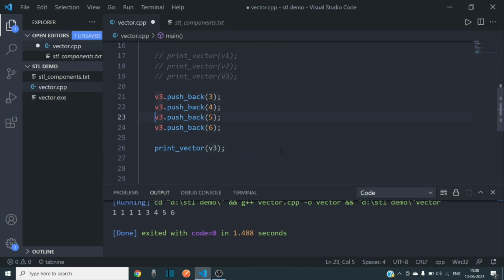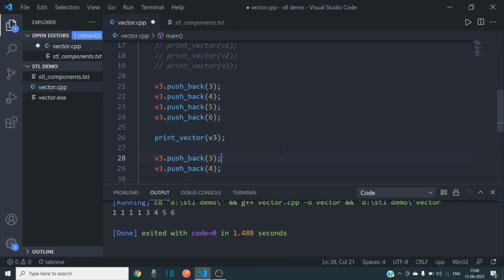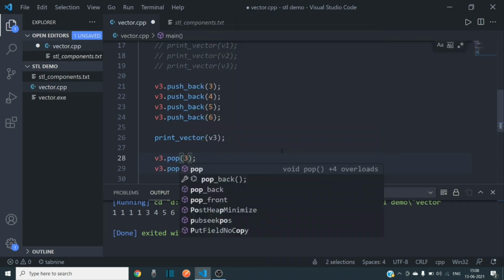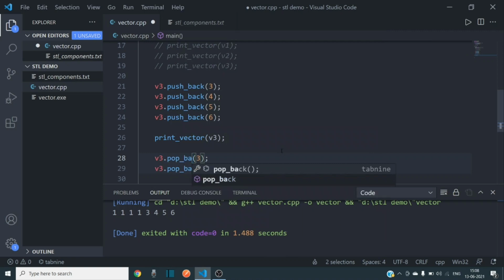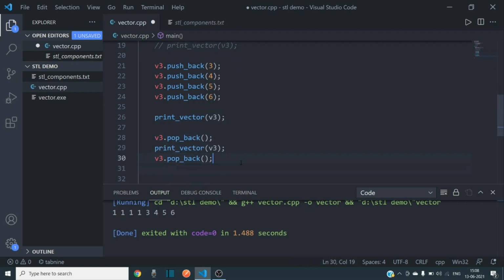So the opposite of push back is pop back. Pop back removes the element from the end. In the place of push back, we have pop back, and we don't need to specify anything because we just want to remove the elements. So it will be removing firstly 6 and after that it will be removing 5.